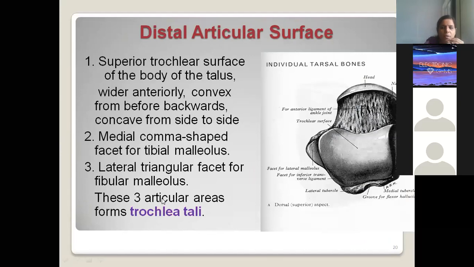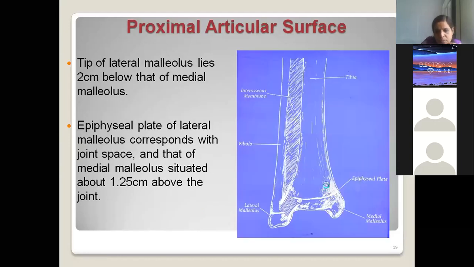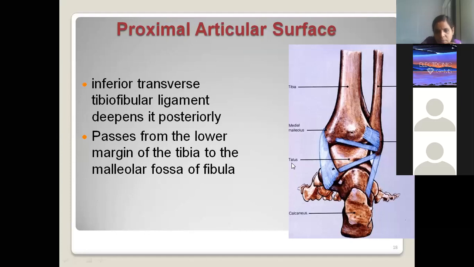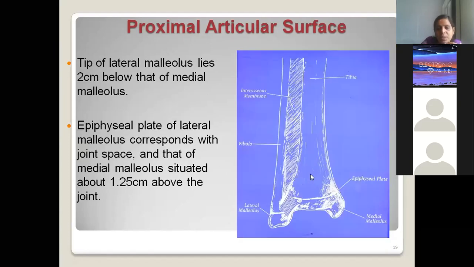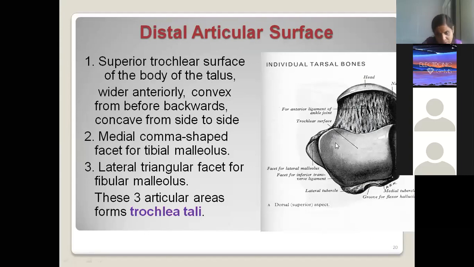Epiphyseal cartilages we need not remember. You see, which bone is this? Talus. Okay, whatever bone we were seeing, no? What was the name of this bone? Talus. That means the inferior aspect of the tibia is articulating with the superior surface of the talus. Listen. Just now I was telling you, the superior surface of the talus is very smooth because it is covered with very good hyaline cartilage. That means this trochlear surface is intended to articulate with which bone?